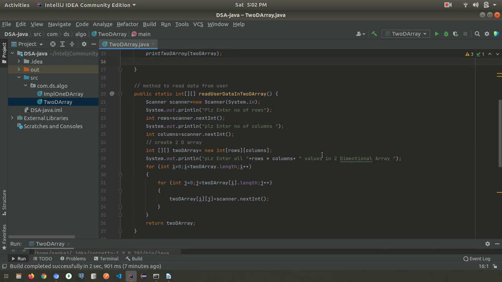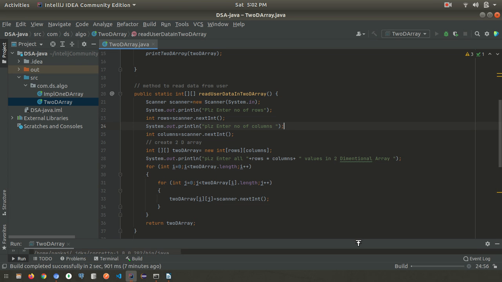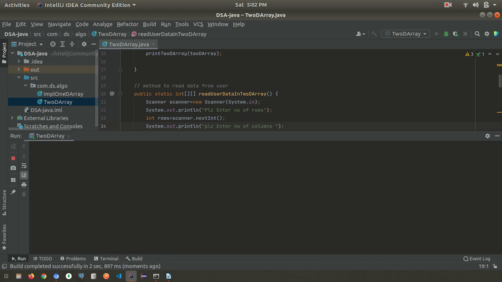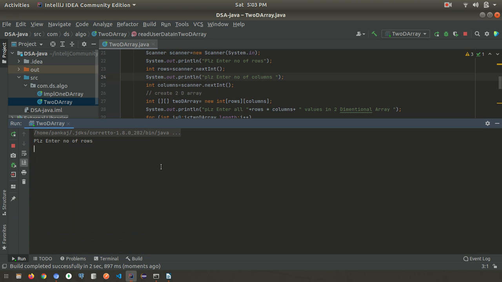Now we can run this. So number of rows is 3, the number of columns is also 3. So please enter all 9 values in the two-dimensional array.